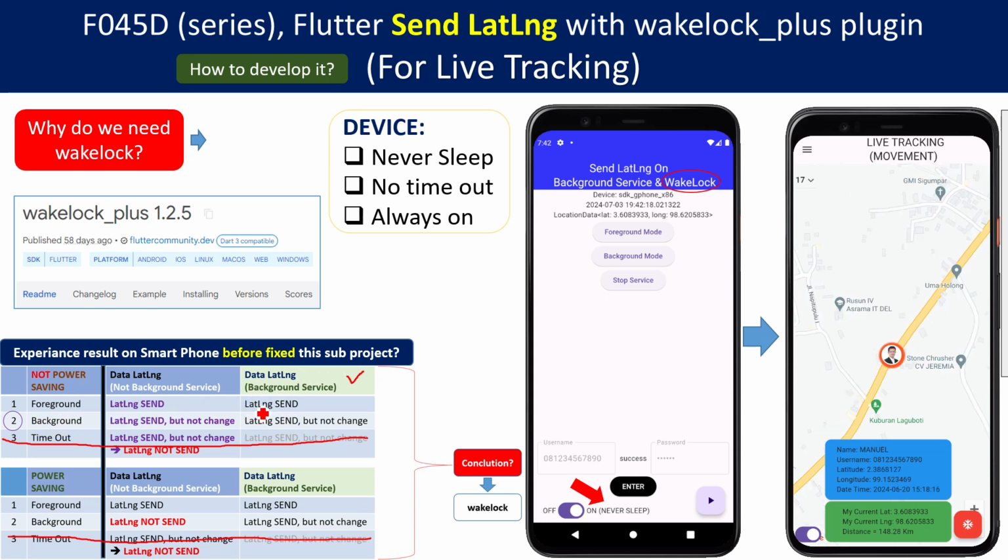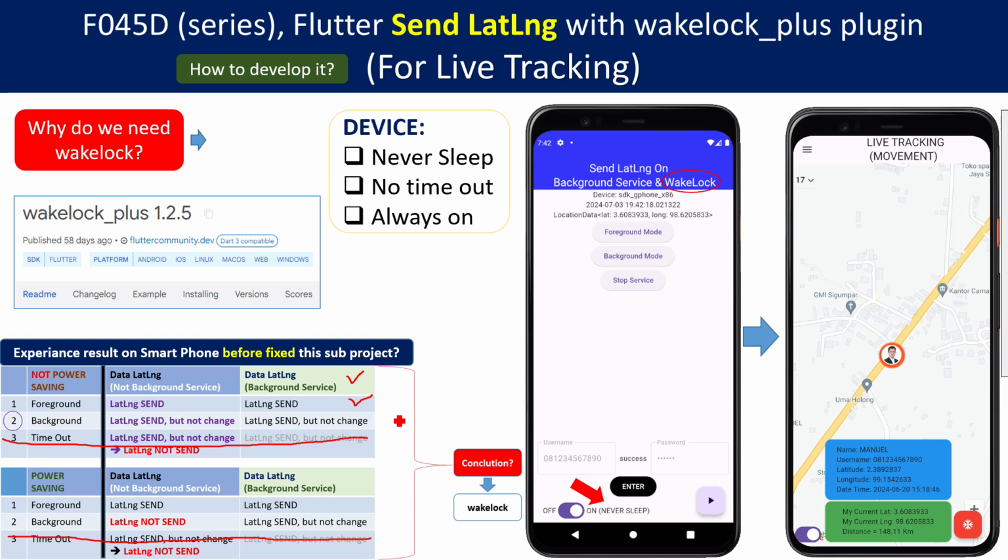Foreground, yes, our device will send lat long. And also the background: if our application runs in the background, the lat long is sent, but does not change. I mean, the previous lat long will be sent to the server.